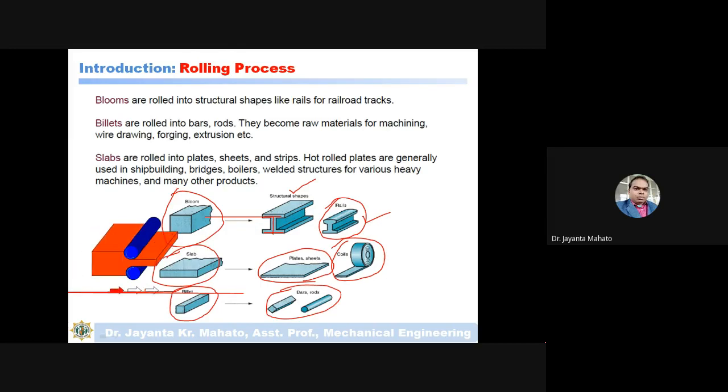So after rolling, these different types of products...